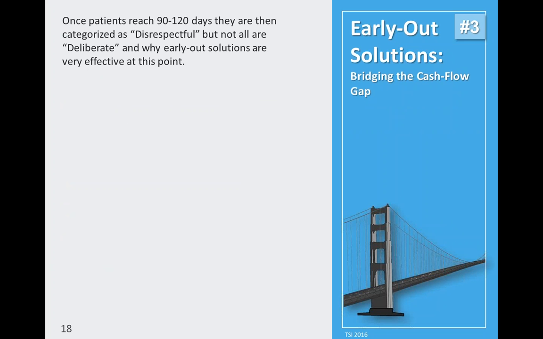Next, we discuss early out solutions. Once patients reach 90 to 120 days past due, they're then categorized as disrespectful, but not all are deliberate. And at this point is when early out solutions are most effective. Typically, this group avoids contact because of a misunderstanding with their coverage, not the practice. 90% of the time, if you only had an opportunity to address this directly, they would be more understanding and